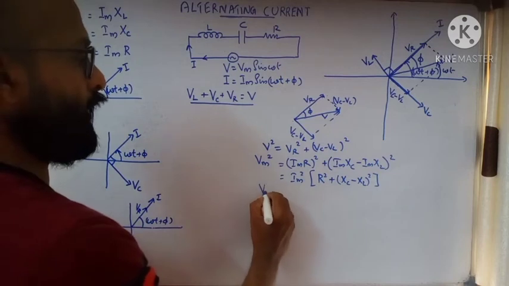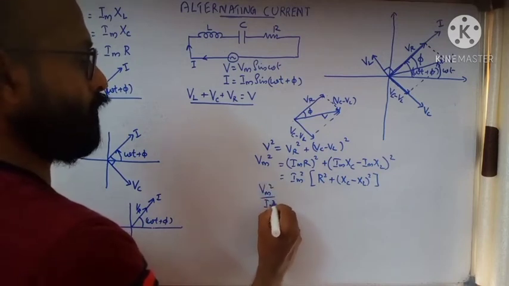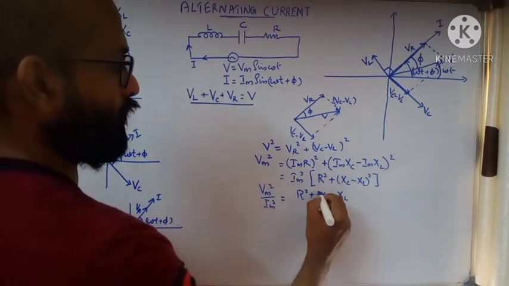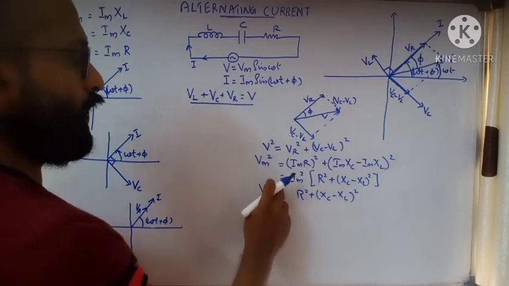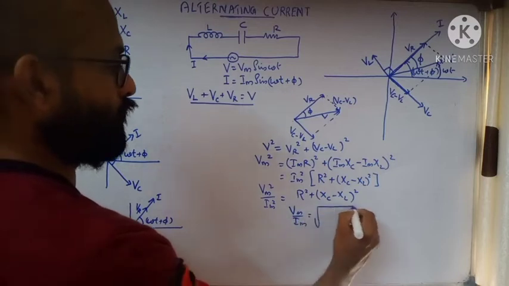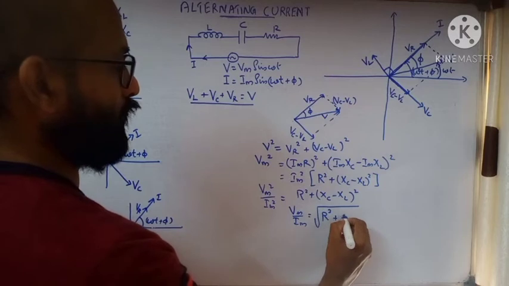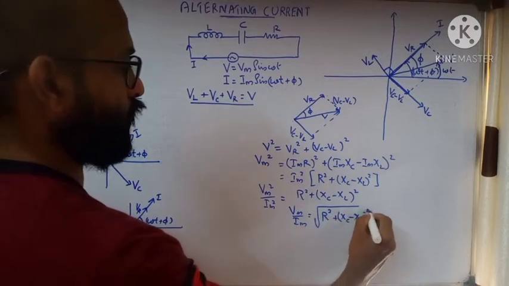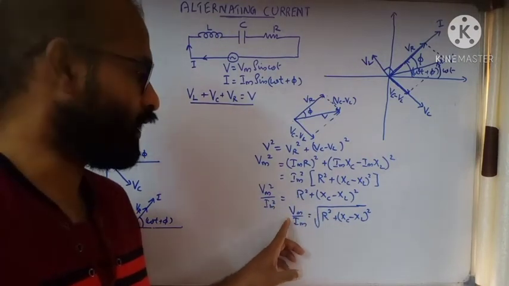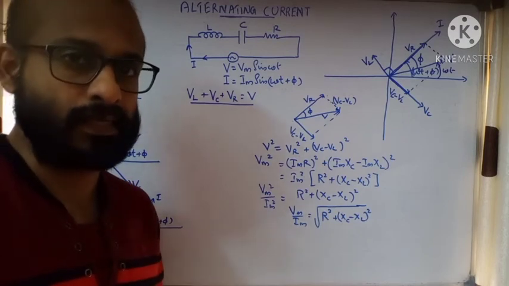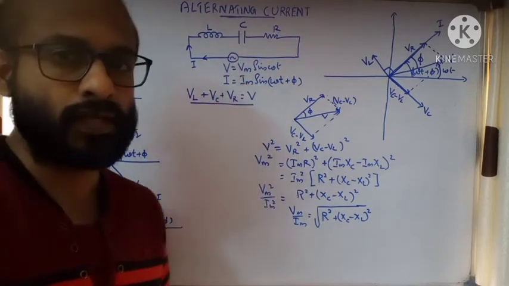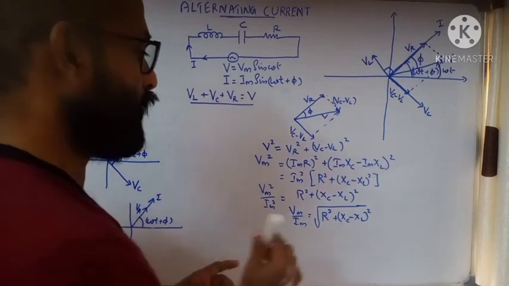So dividing Vm square by Im square is equal to R square plus Xc minus XL the whole square. Now we need Vm by Im. Vm by Im is equal to the square root of R square plus Xc minus XL the whole square. What is Vm by Im? The peak value of the voltage as well as the peak value of current. It will be equal to a resistance. So we have the resistance of the combination of inductor, capacitor and resistor, that will be represented by the symbol capital Z.